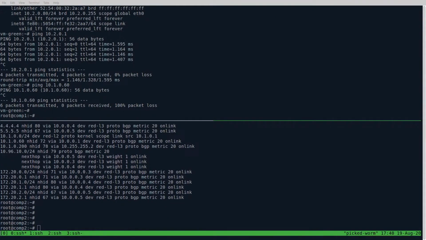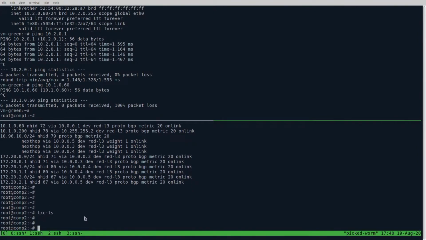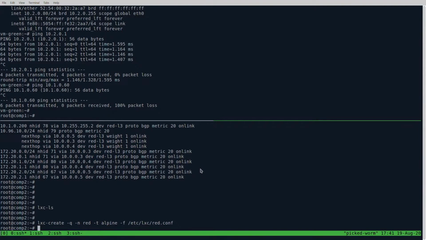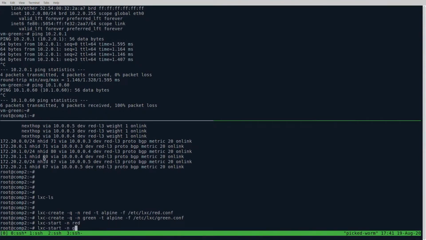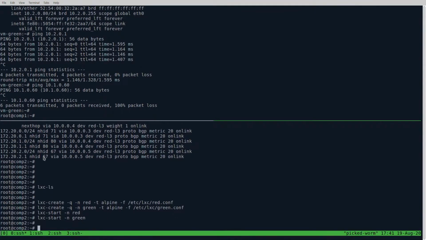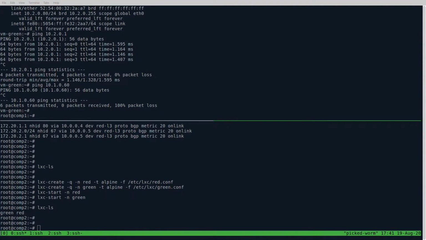And at the beginning, let's make sure that at the start, no LXC containers are running. All right. Now we want to create LXC container in VRF red. There's some configuration that already assigns this new container to the appropriate network that is associated with VRF red, and now VRF green for the second container. All right, so they are created. Now we need to start them up. Okay, and they should be running by now. So lxc ls. We've got two containers running.